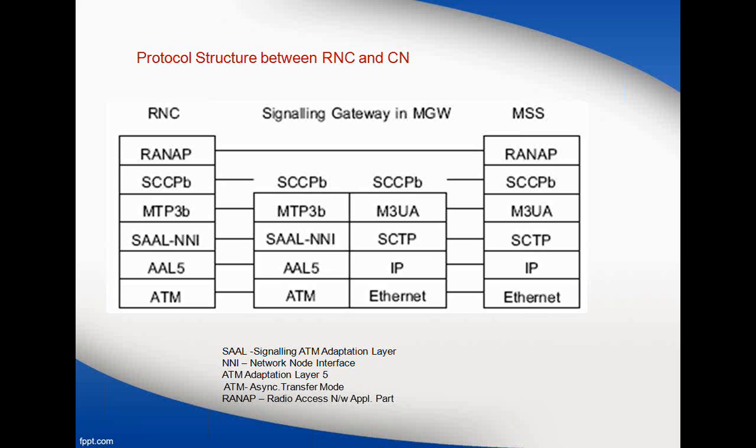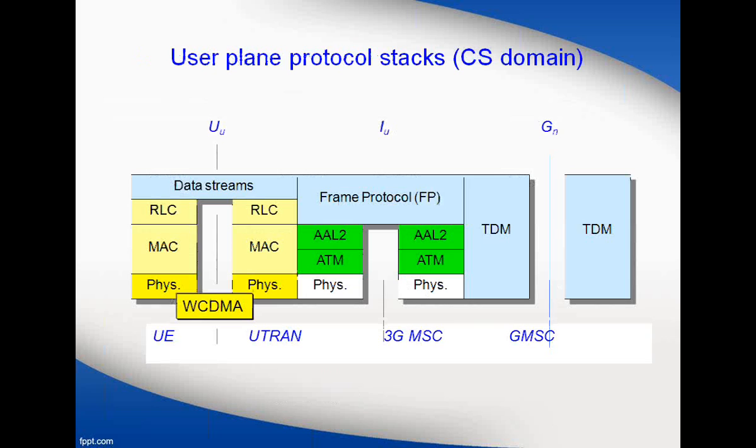So everything, when you say the E-node B or the normal Node B, RNC plays a major role. We have a separate protocol called Radio Access Network Application Part, that is the RANAP protocol, which is going to take care of all the radio bearers, all the handover activities, and all the intra-MSC and inter-MSC activities. Each and every protocol is going to be very vast and different when we see their functionalities, but here we are just going to see how the mapping is done.